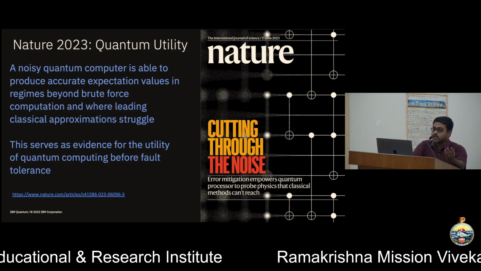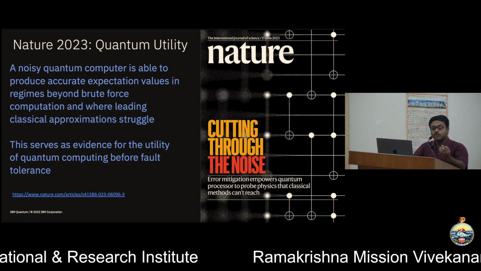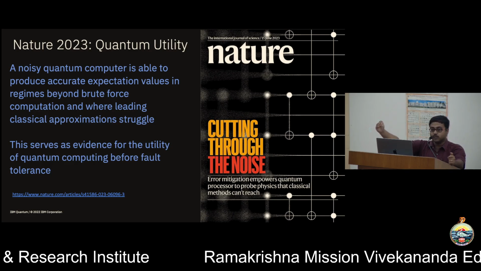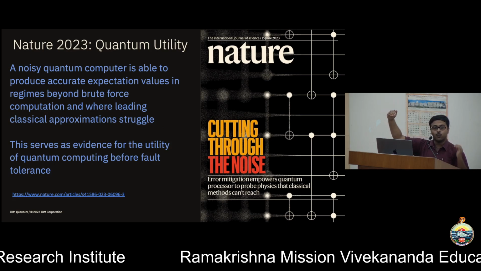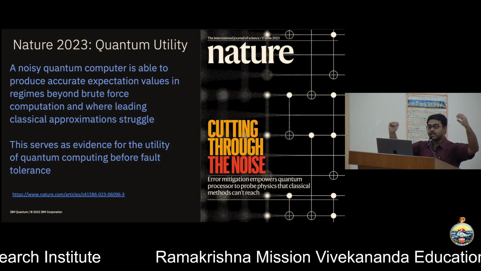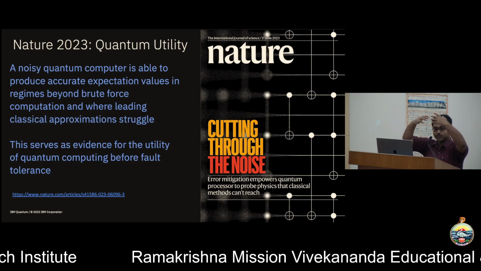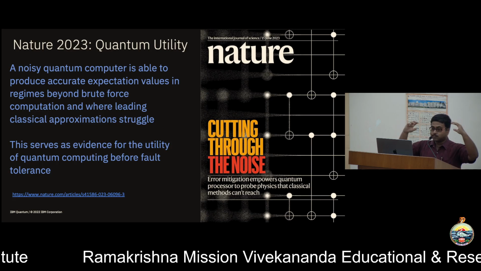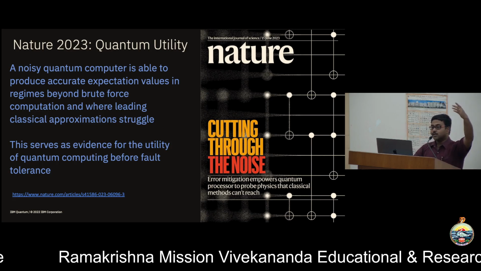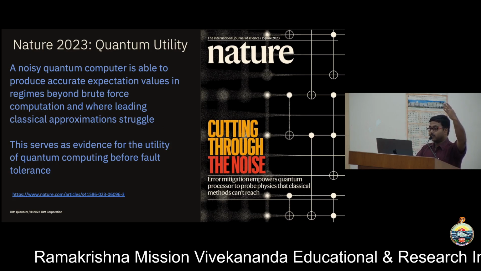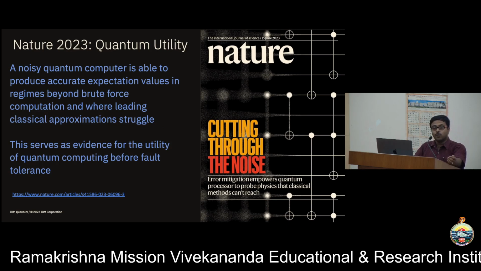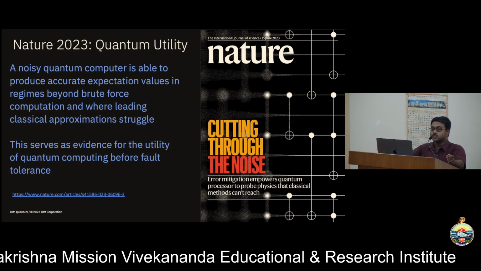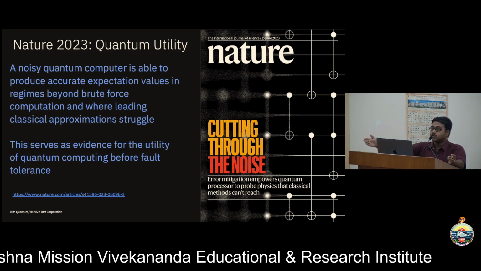Now that we have this kind of paper, classical people are able to take this as a benchmark and come up with better approximation methods and show it is doable. And the more they show it is doable, the quantum people will try to go beyond where that is also not doable. So that's a healthy competition that we have. This regime is what we call utility. And the day, hopefully, when quantum wins perfectly, like there are no more questions, is what we will call quantum advantage. That now we have something for which a quantum system can do better than any possible classical system.